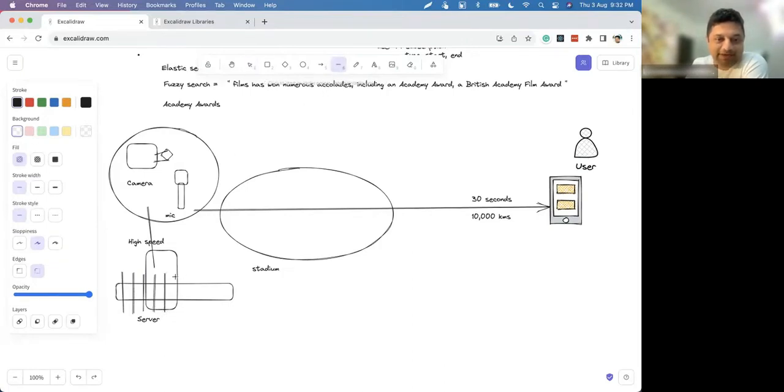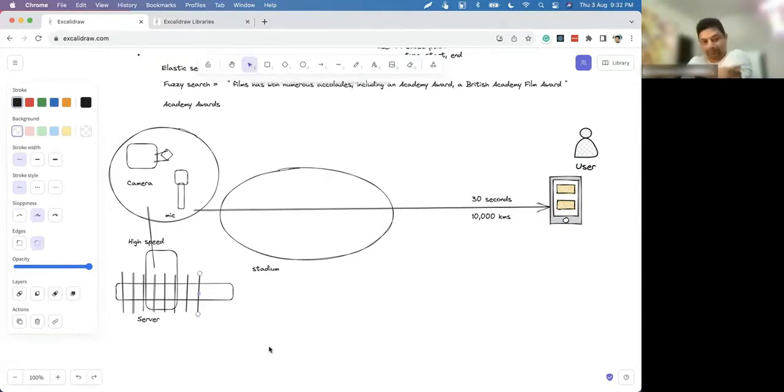Should we do slicing of every minute? Or should we do 30 seconds? Or even less than 30 seconds? Because 30 seconds is our chunking target.